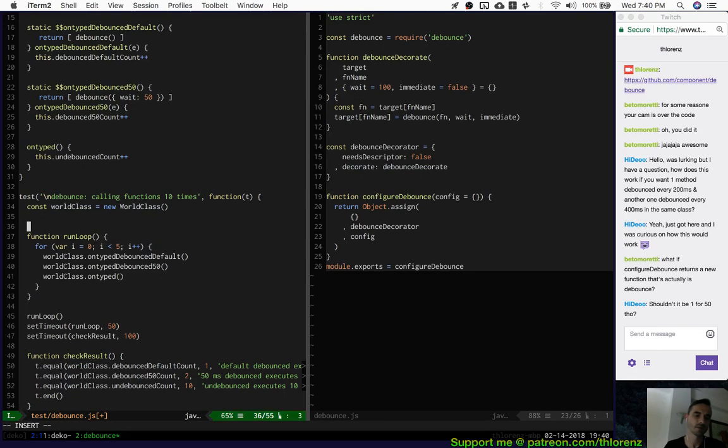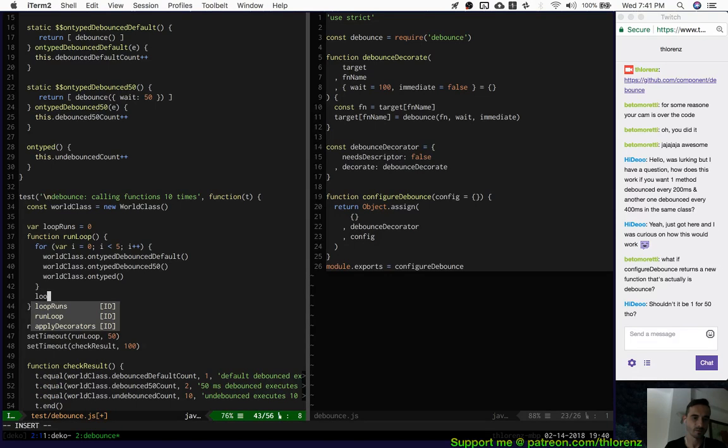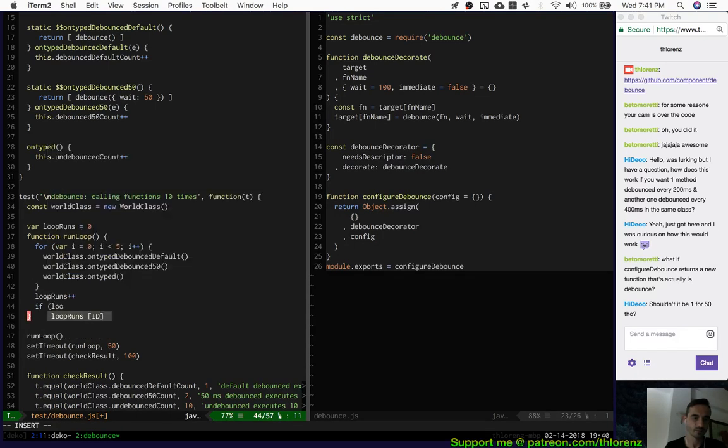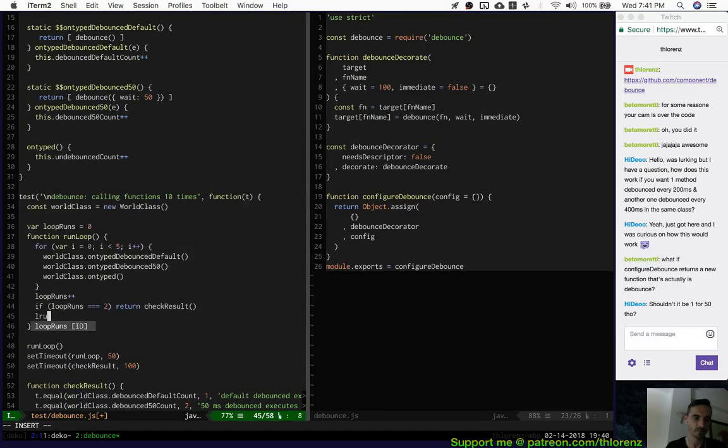So let's do this a little nicer. Loop runs 0. So then basically we say loop runs plus plus. If we did 2 of them, right, then we'll actually check the results. Right, we do that. Otherwise, we just do another run loop. We set another timeout for run loop. Right, so we say,